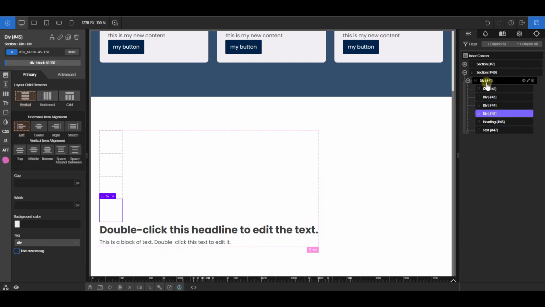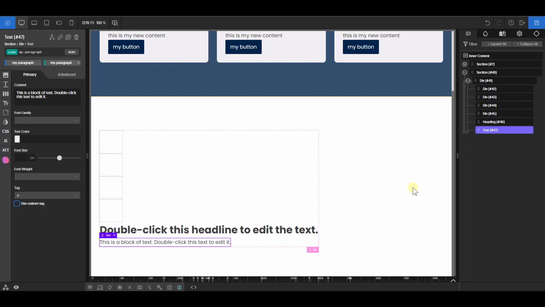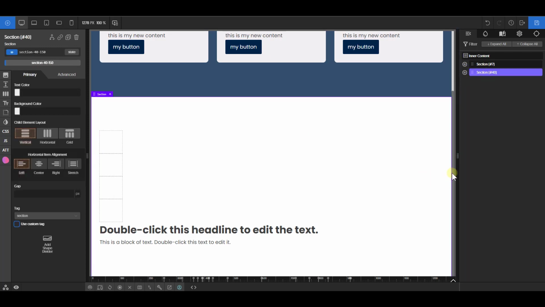So it goes up again to the parent, and then add a heading, and then add a paragraph with an ID of my paragraph and a class of my paragraph. So if you're taking a design from Figma to Photoshop, you've already seen the layout, so you know exactly what you want. So instead of doing what we just did,